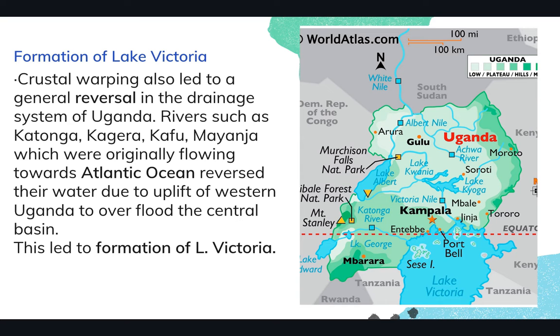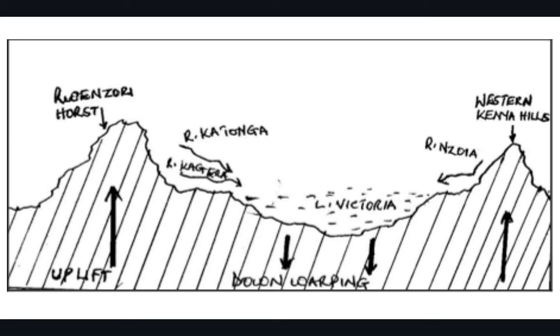So crustal warping also leads to general reversal, as we said earlier, and this is just a diagram to help us understand where we have Rwenzori. This is now the cross section of Uganda, from the western part to the eastern part. As you can see here, the uplift of this area and the uplift of this area is forcing these rivers to flow backwards, filling this basin, and this basin later forms a lake known as Lake Victoria. So that is what we're trying to explain here